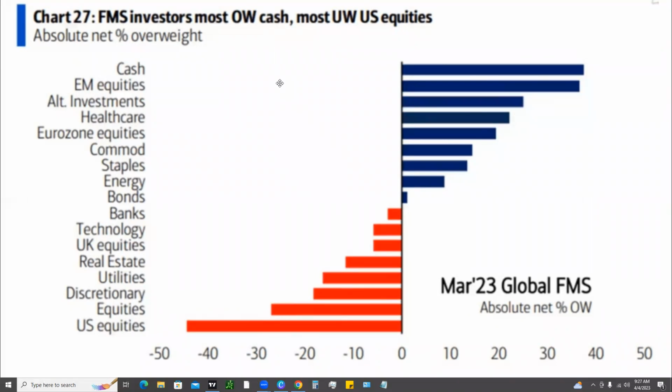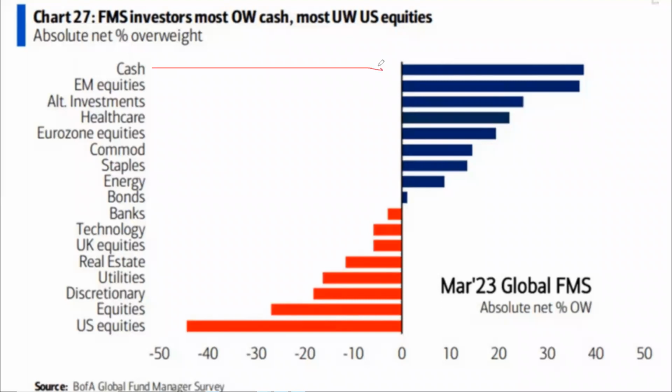And you can take a look at this here. If you take a look at the cash, you can see it's very high. And then US equities is very low right here. And it goes into a plethora of other things as well, but that's really the main highlight. This is the absolute net percentage overweight. So this is showing you guys why maybe we're